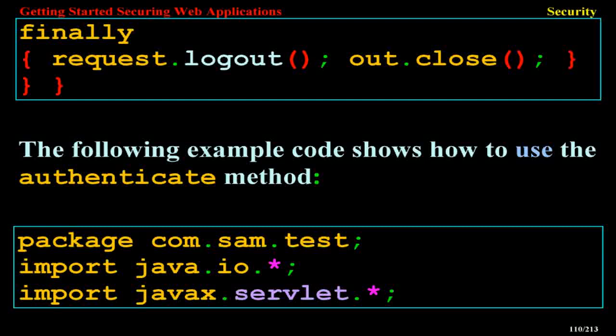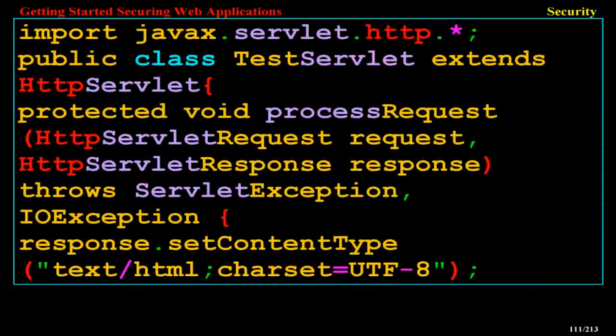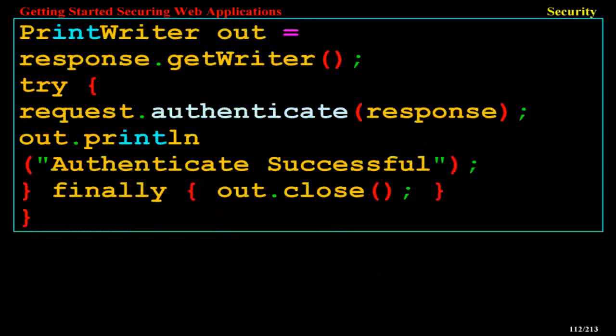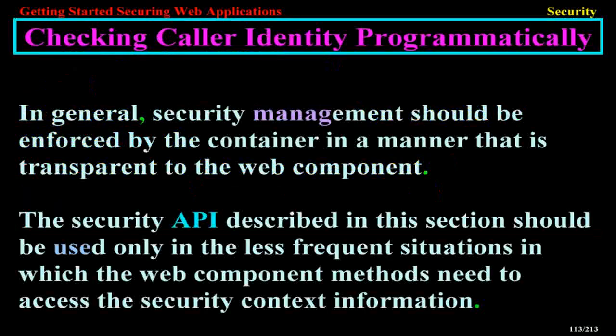The following example code shows how to use the authenticate method. package com.sam.test; import java.io.*; import javax.servlet.*; import javax.servlet.http.*; public class TestServlet extends HttpServlet { protected void processRequest(HttpServletRequest request, HttpServletResponse response) throws ServletException, IOException { response.setContentType("text/html;charset=UTF-8"); PrintWriter out = response.getWriter(); try { request.authenticate(response); out.println("Authenticate Successful"); } finally { out.close();